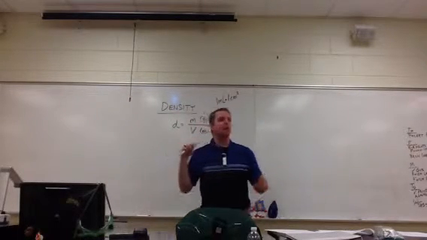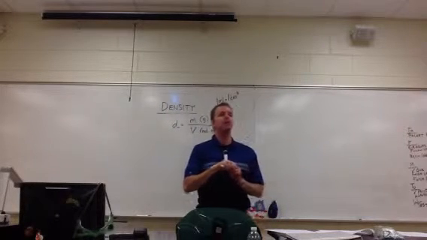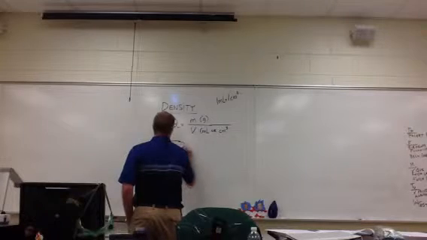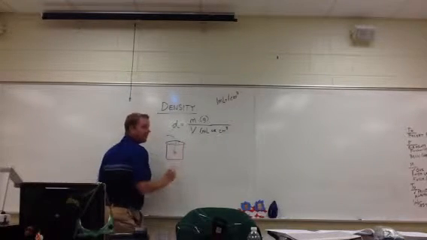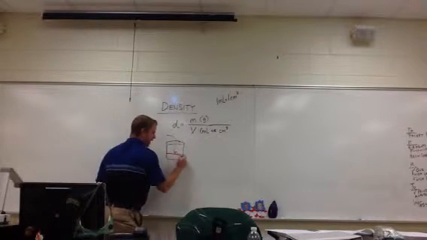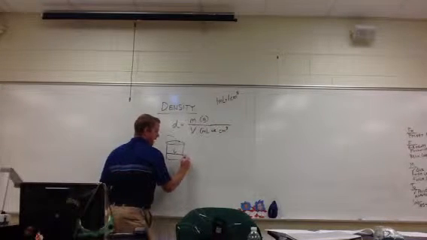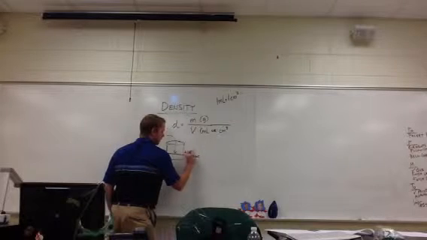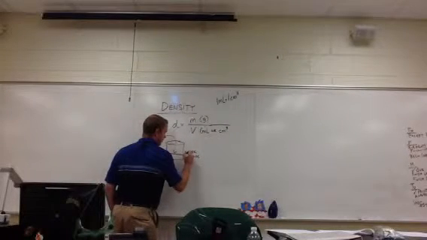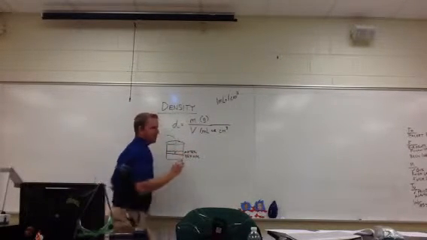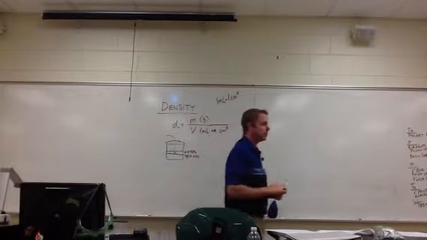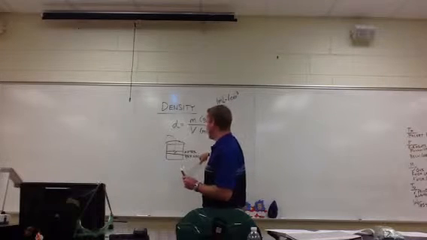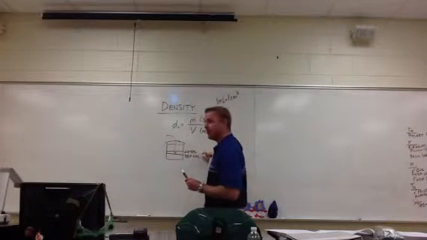Volume is measurable in a number of ways. There's something called volume displacement, where I take a beaker, I put an object in it, and I have water in here. What I do is I measure the before versus the after. You guys ever heard of Archimedes? The off with your head, the gold crowns? Well, this is called volume displacement. You measure what it was before, what it was after, and you take the difference.